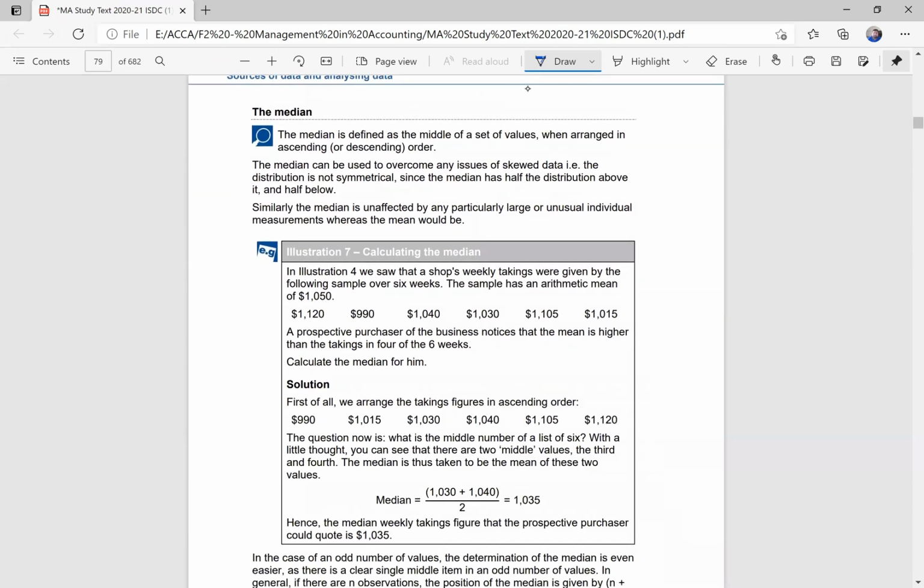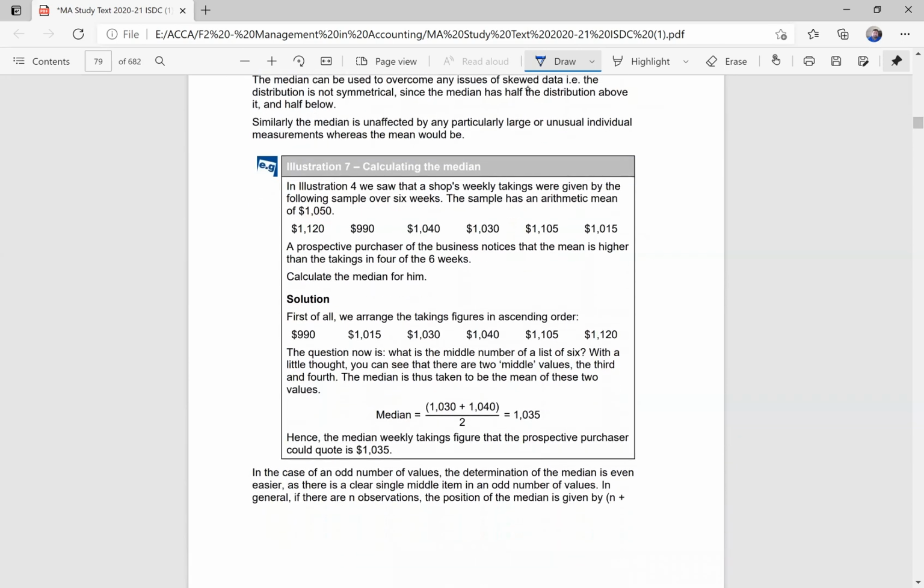Now coming towards median. What is the median? Median is the middle value of the given set of values. So for that, you either have to arrange it in ascending or descending order in order to get the correct median. So in this illustration, it says